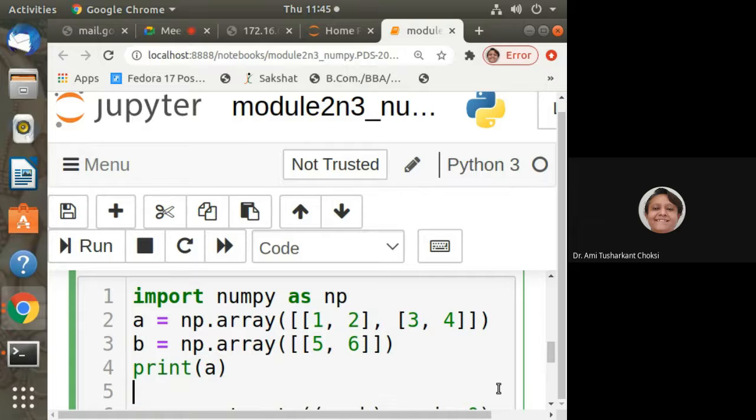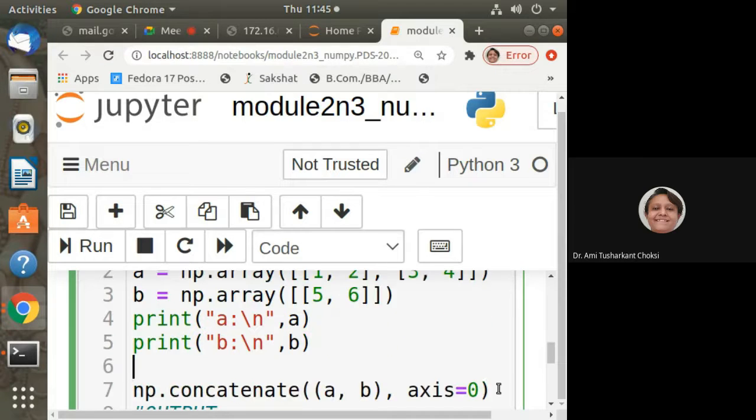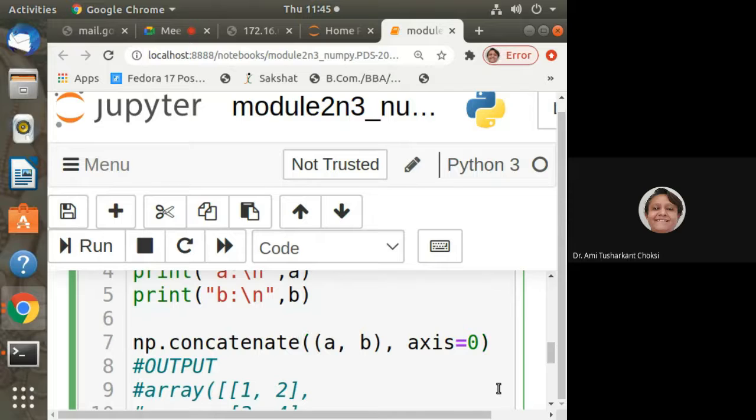Print A. We can print this way also. Means exactly if I want to see the values, I can print this way. Print A, then print B. Put the backslash and otherwise it will be printed this way. Isn't it? Yesterday we have seen that. So here B is that. And then after we'll be having the concatenate. If you want to store the result of this, you can have that, say here, and then after we can print. Otherwise, it will be printed directly.